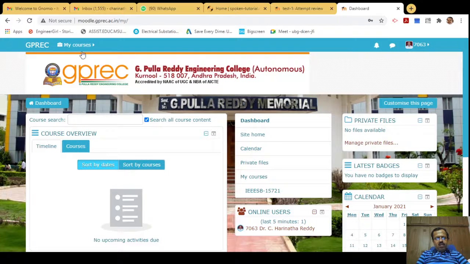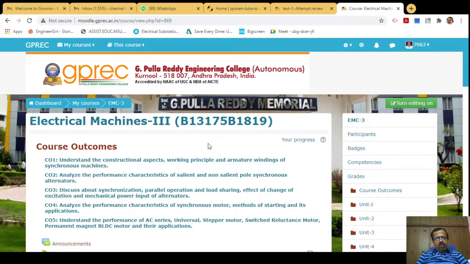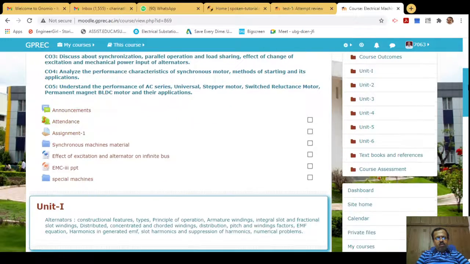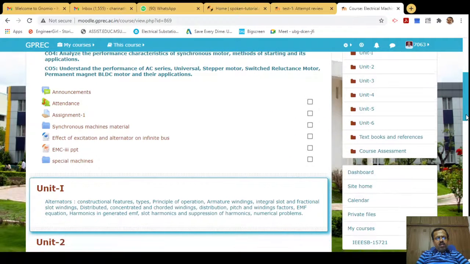You can select any one particular course, and you can see the outcomes. Some people may go for outcomes, and any material that is available is also shown like this: assignment, attendance, synchronous machines material, like that. Any material that is uploaded, you can see it and you can download it. Is it clear? That's it about